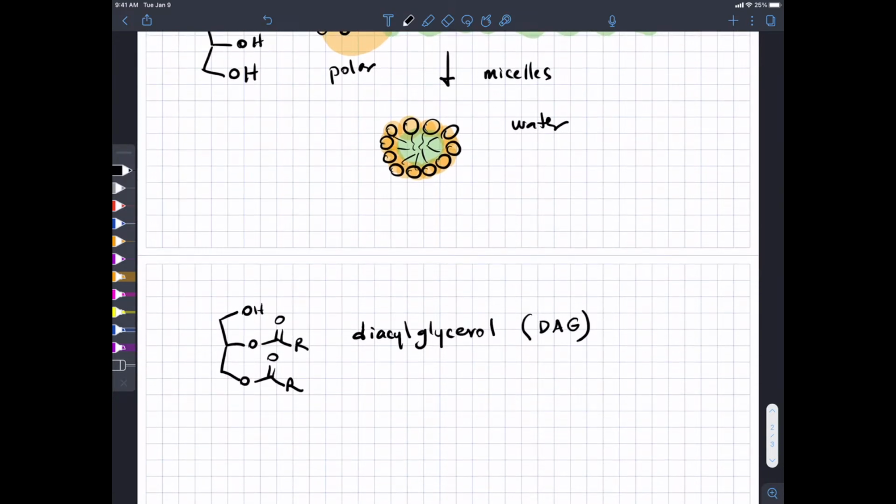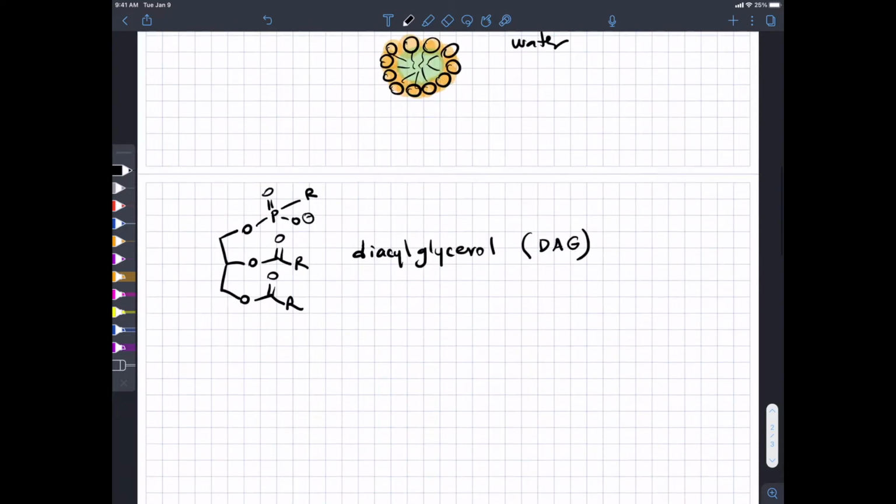Sometimes nature will elaborate this other oxygen with some other things. So, for example, you can have something like that. I'm probably getting that wrong. Nature will put a phosphate group here, and then something else here. And this molecule also has a polar head group